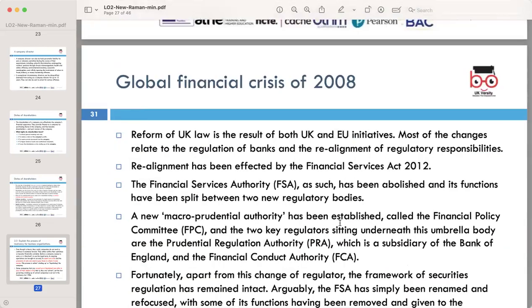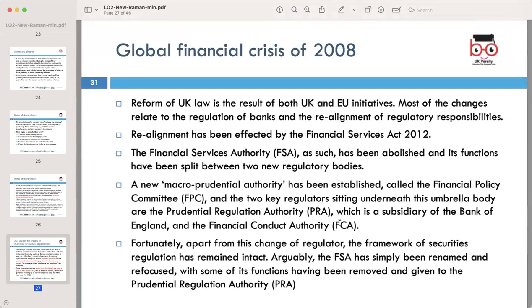Global financial crisis of 2008. I hope everyone knows about the global crisis of 2008. The reforms of UK laws in response to the 2008 global financial crisis resulted from both UK and EU initiatives. Significant changes were made, particularly in the regulation of banks and the realignment of regulatory responsibilities. The Financial Services Act 2012 played an important role in this realignment, abolishing the Financial Services Authority and